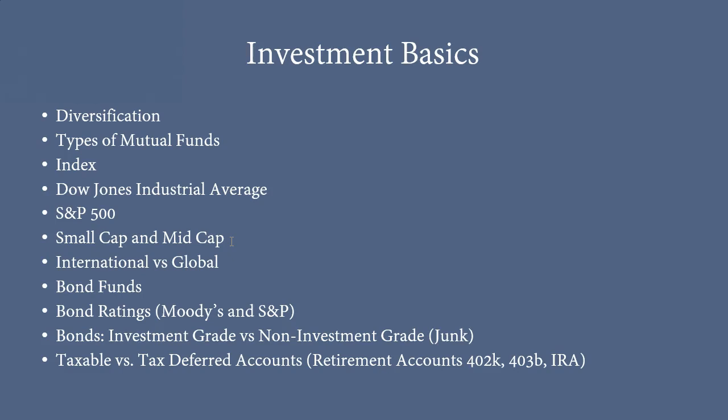All right, so going back to international and global, you want to be careful there, or just understand the differences. International, when it's marketed in the United States, is really going to refer to companies that do their business outside of the United States, or a large component of them. Global companies are going to be all over the place. So let's say Procter and Gamble. I mean, they're going to be all over the place. Now, if you remember Procter and Gamble, the big soap manufacturer, and that's how most of us think of it,